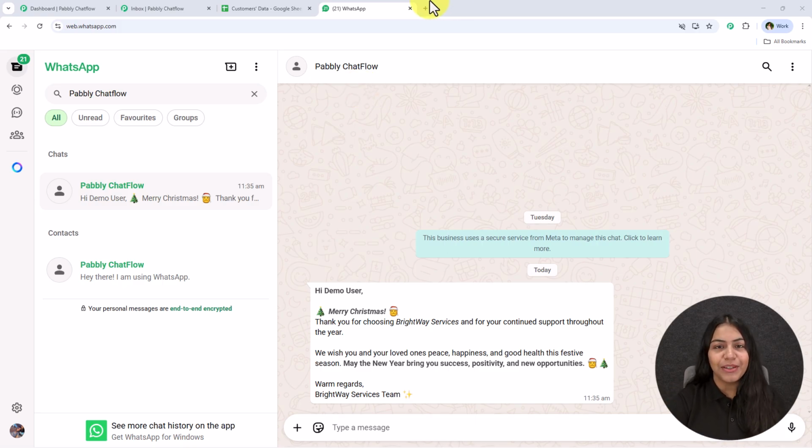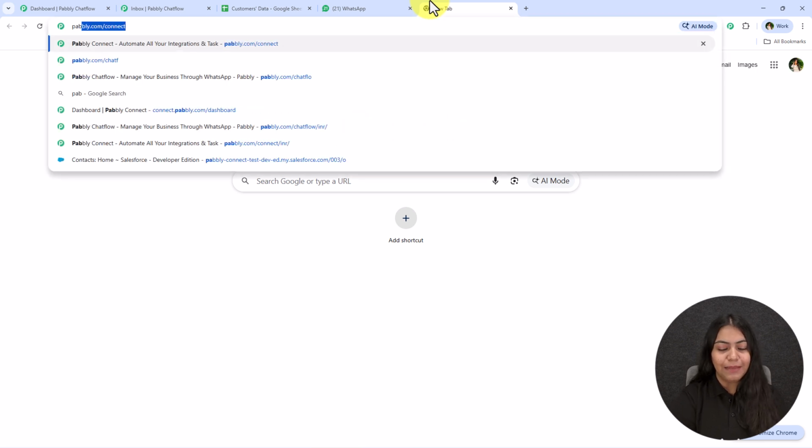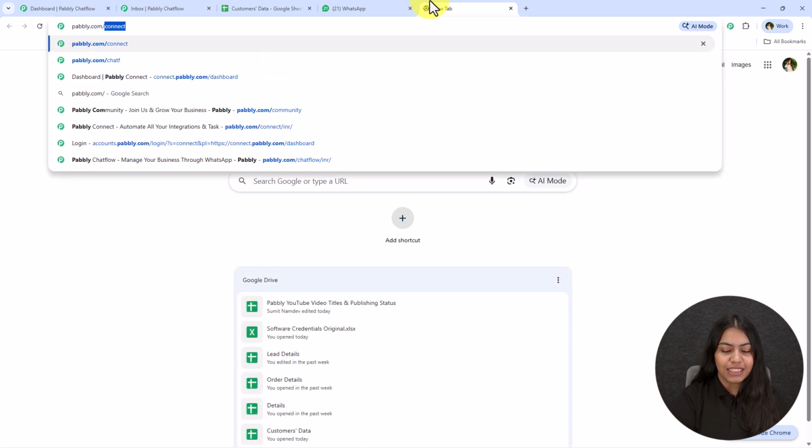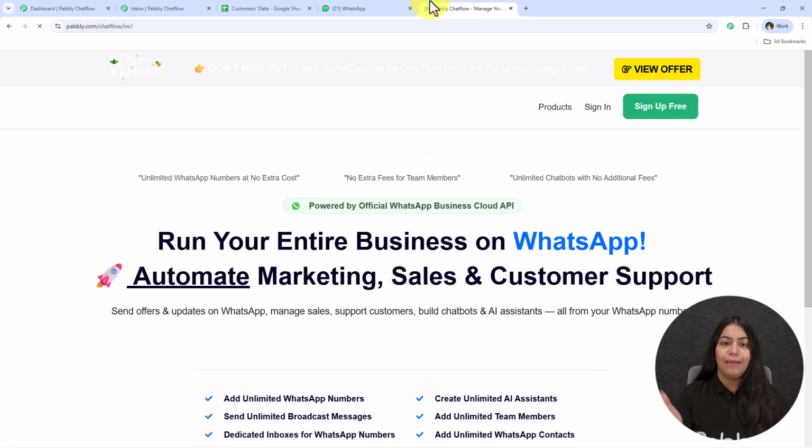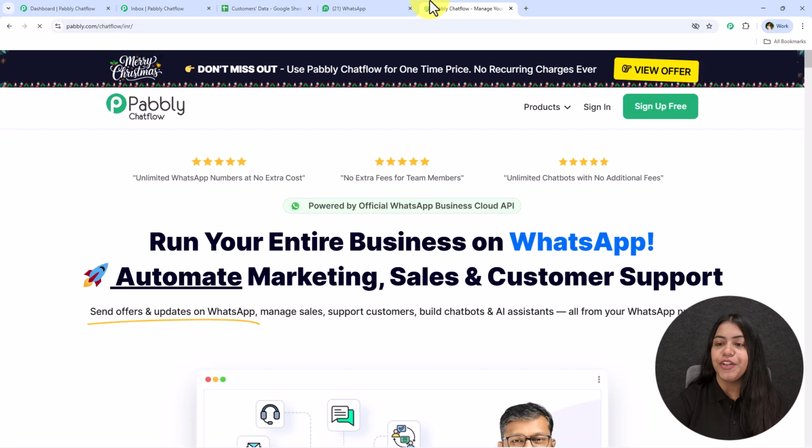So to do this, open a new tab and search for pabbly.com/chatflow in your browser and open the landing page of Pabbly Chatflow. In the top right corner, you're going to see the option of sign up for free. So click on this sign up for free and you're going to get 100 credits free every month to explore Pabbly Chatflow. This means that you can send up to 100 WhatsApp messages for free, and yes, this is